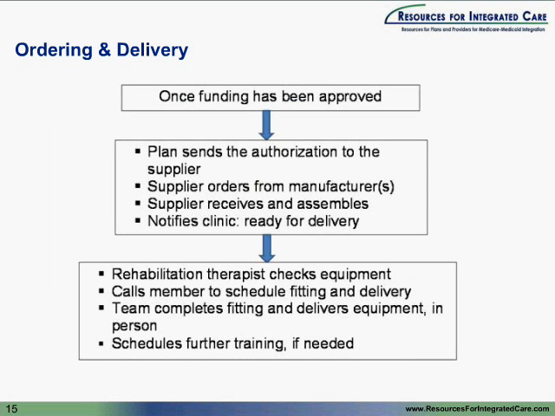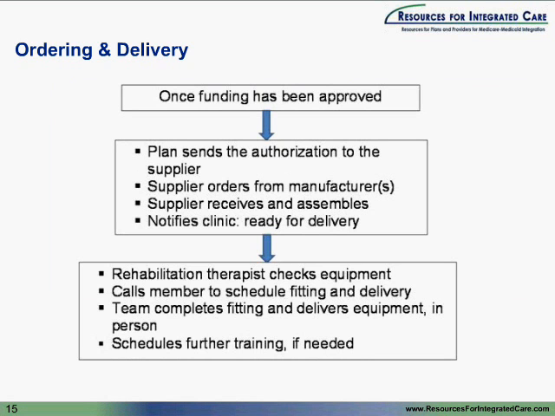Once the funding's been approved, and obviously that's where the plan benefit will have impact on which devices will be funded under what circumstances, then the plan sends the authorization to the supplier. As I noted earlier, the supplier orders from the manufacturer. It frequently, in rehab products, may be more than one manufacturer. It's assembled, and the clinic, if that's where the order came from, is notified that the device is ready for delivery. The rehab therapist will check out the equipment relative to the order, and this is a step that has really improved the quality of the outcome,